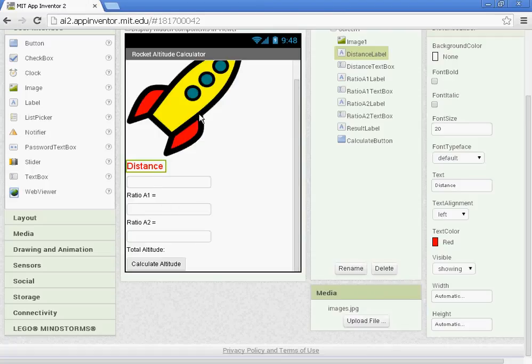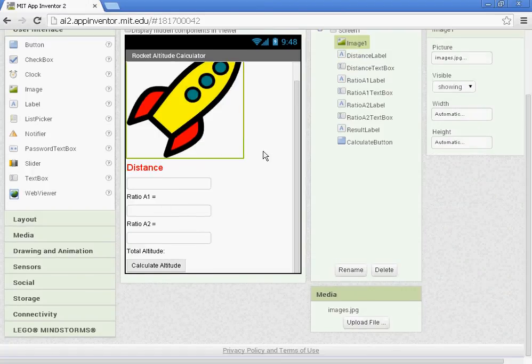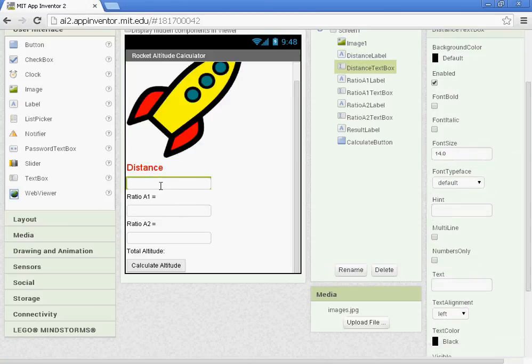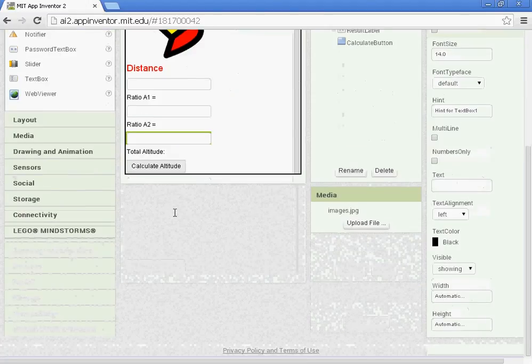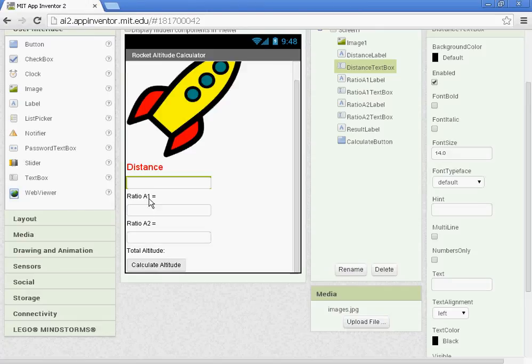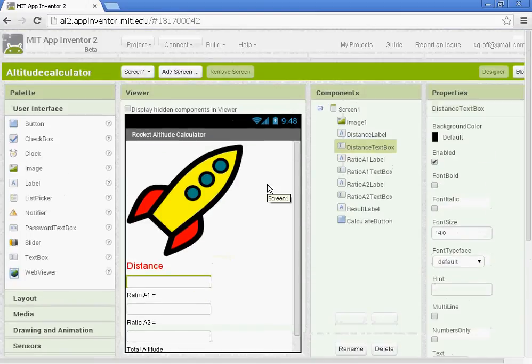Okay, so basically what we've set up, we have a little picture for our app. We've got the distance, so we can type in the distance into our text box. We can type in ratio A1 and ratio A2. And then we'll set it up so that when we have those three items typed in, we can hit the calculate altitude button, and where it says total altitude we'll get a result, and that's what we'll be setting up